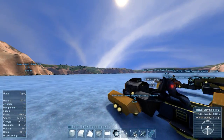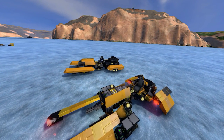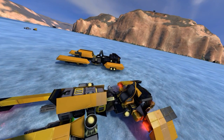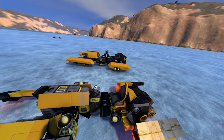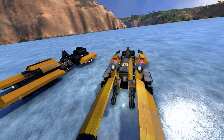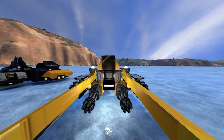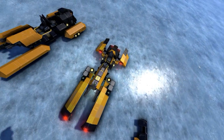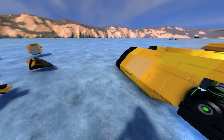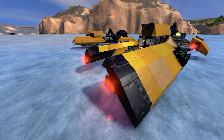Now I wish I could also show you the build Commander Shepard did, which we also made one of, which is more of a hovercraft idea with wheels on the bottom, making it more useful in the planetary environment, but not in space. And I wanted this to also work in space, which it does in lore, so I needed that. Right, we go here, we see of course new material lights,